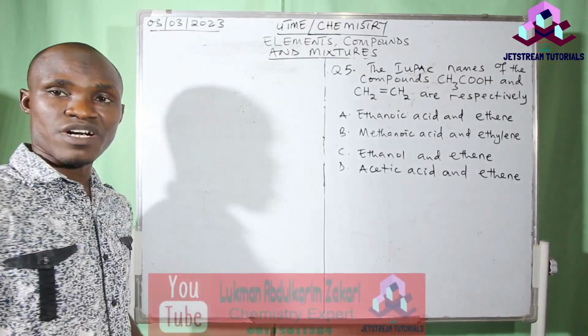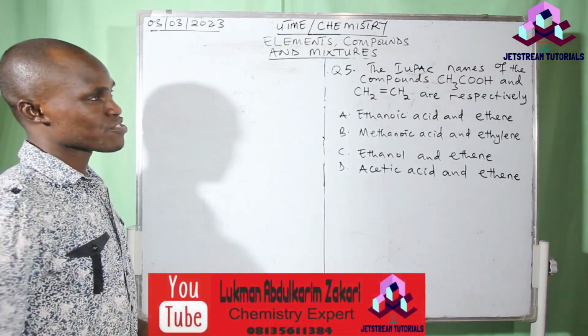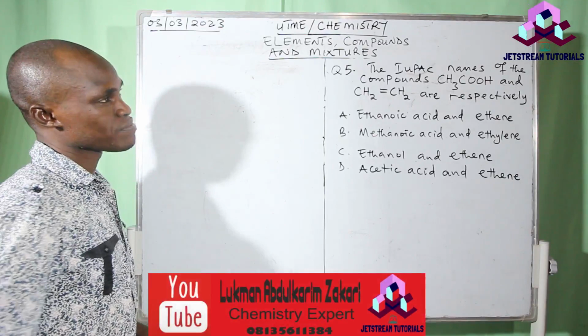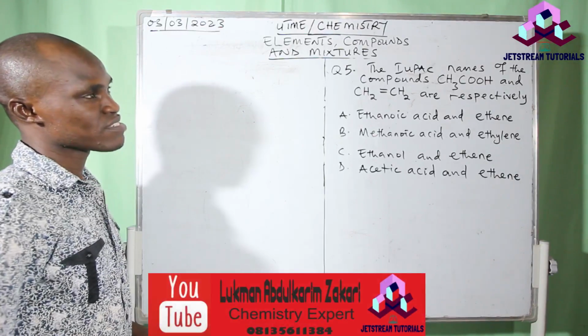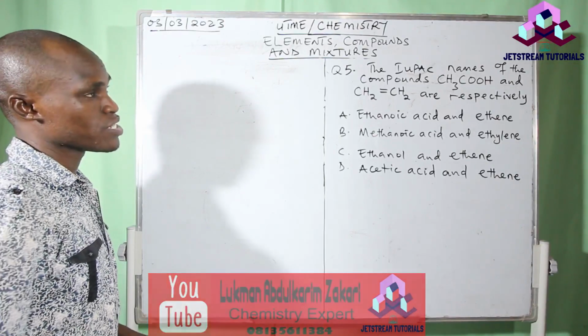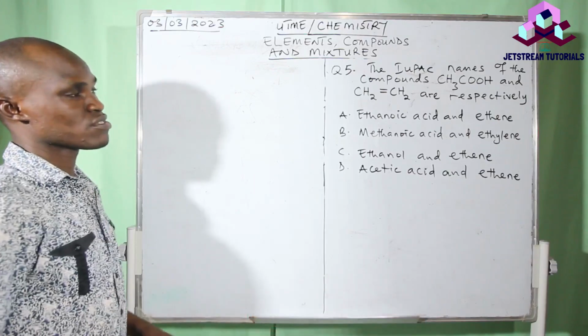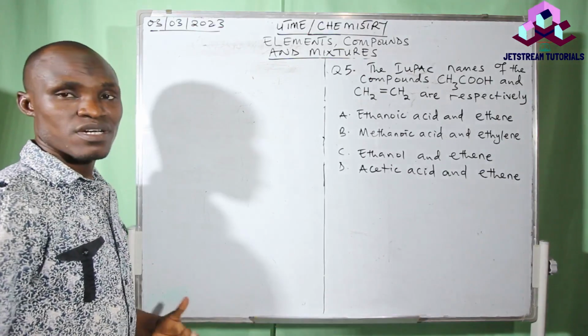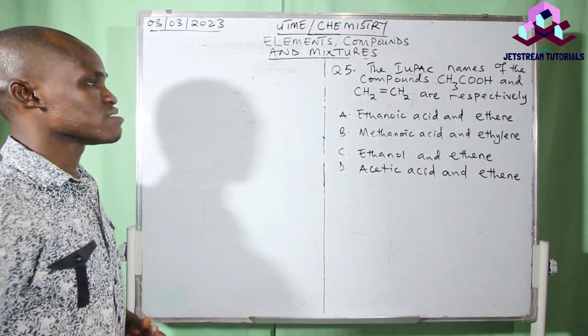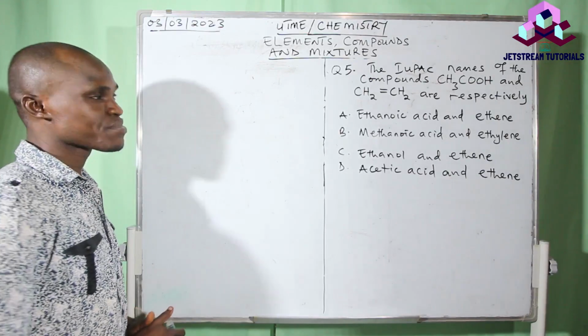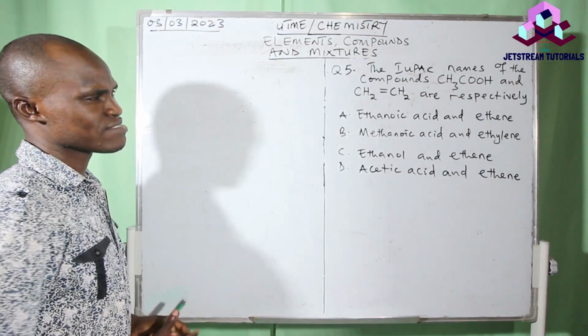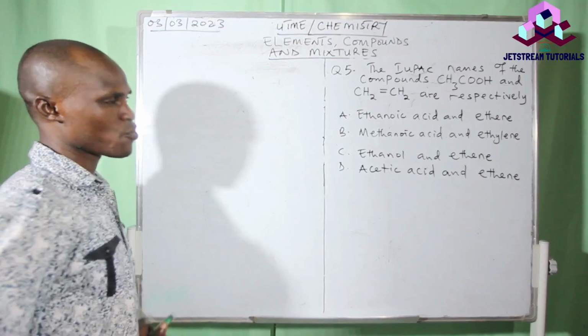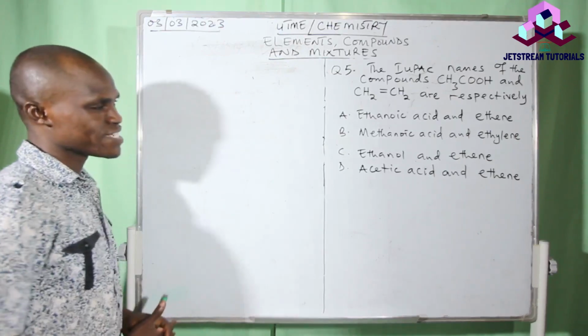This is question number 5. Question number 5 says, the IUPAC names of the compounds CH3COOH and CH2=CH2 are respectively: A says ethanoic acid and ethene, B says methanoic acid and ethylene, C says ethanol and ethene, and then D says